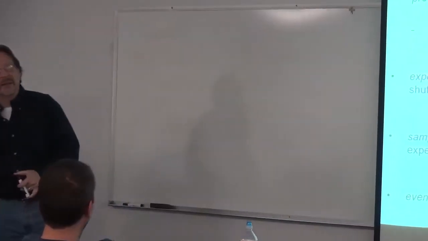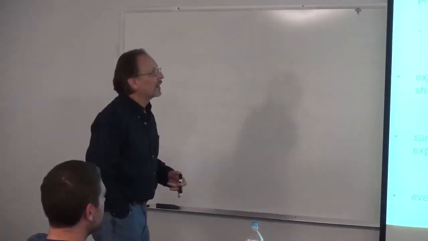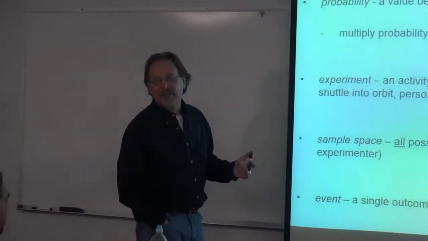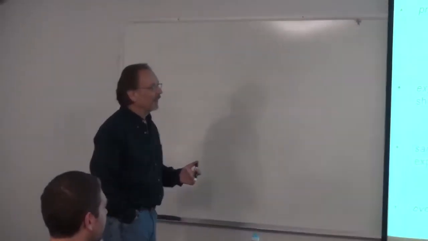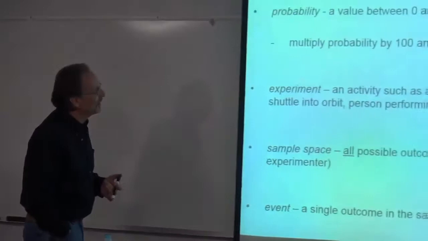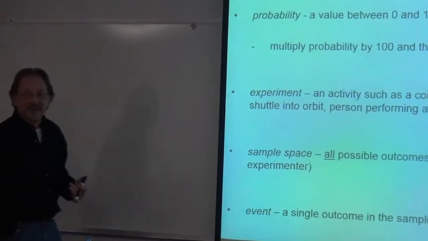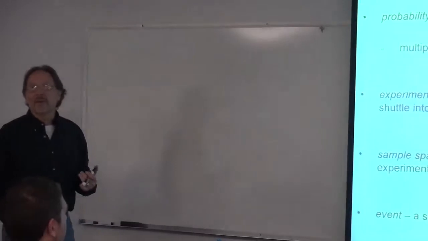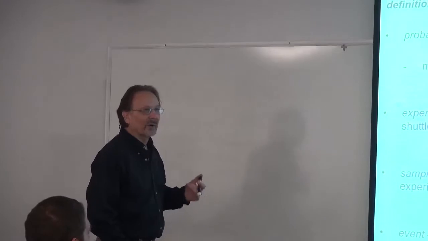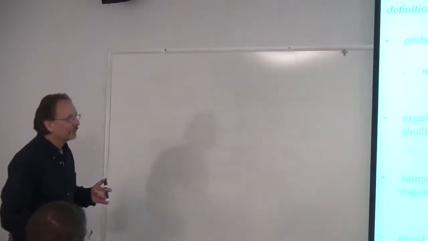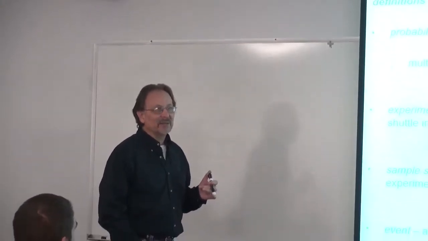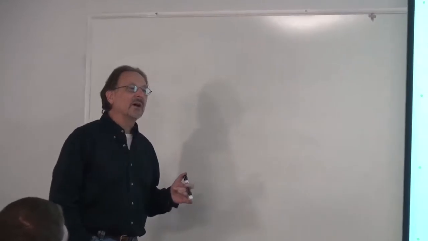Now, something simple like a coin toss, barring the twilight zone where it lands on the edge, you essentially have two possible outcomes, heads or tails. And your sample space then is heads or tails, the outcome of a coin toss experiment. A toss of a die, if it's fair and six-sided, is 1, 2, 3, 4, 5, or 6. Those are 6 events, and the sample space is a 1, a 2, a 3, a 4, a 5, or a 6. Whatever we talk about, we will talk about in terms of the sample space, the way we define it, and what each of those events are in the sample space.